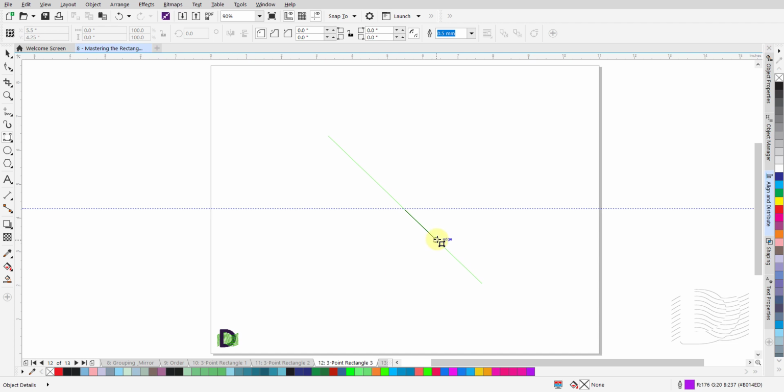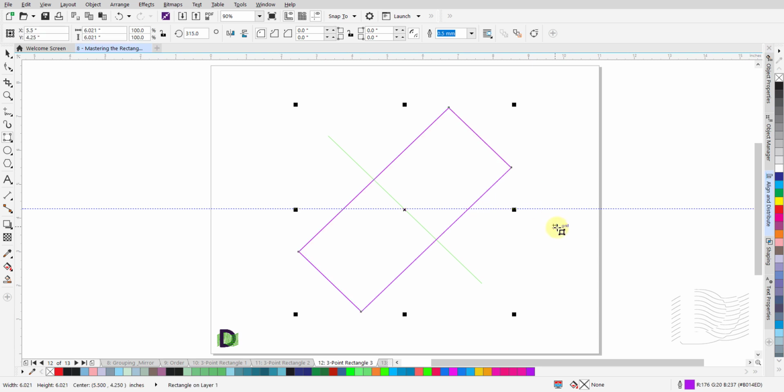Drag the mouse diagonally to the intended endpoint. Release the mouse button as well as the Control key. Press and hold the Shift key on the keyboard and move the mouse up or down to draw the rectangle. Left-click once to complete the rectangle and disengage the cursor from the canvas.